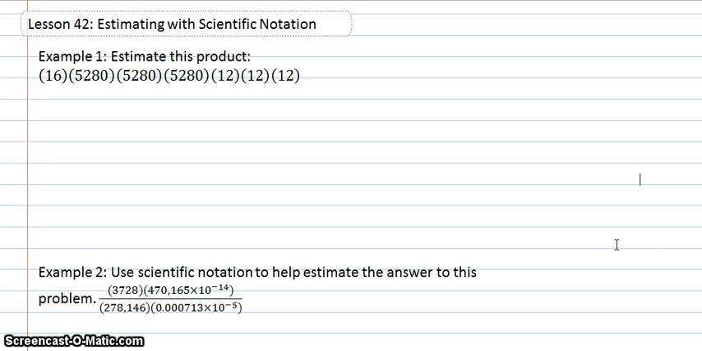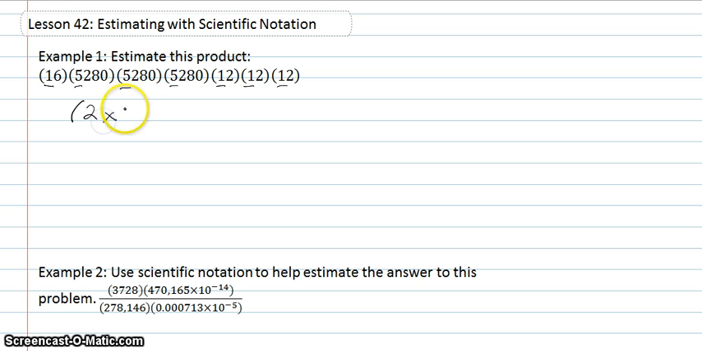In lesson 42, we're estimating with scientific notation. In example 1, it just says estimate this product. What we're going to do is change each of these to scientific notation, and we're also going to round, in this case the tens digit, in this case the thousands digit, and in this case the tens digit is what we'll be rounding to. So this 16 between 10 and 20 is closer to 20, so that's going to be